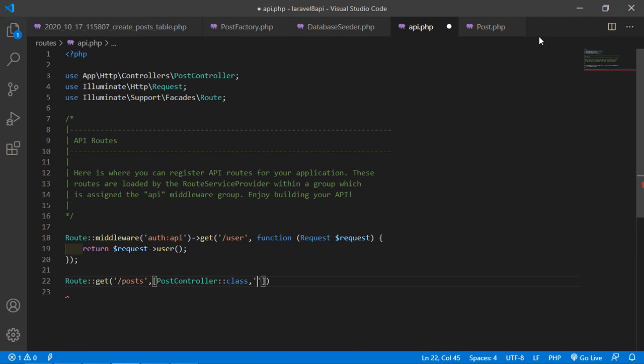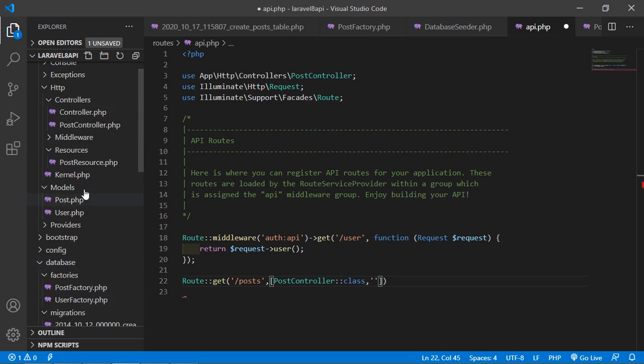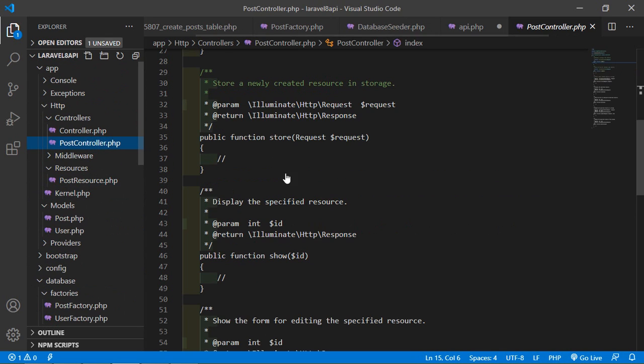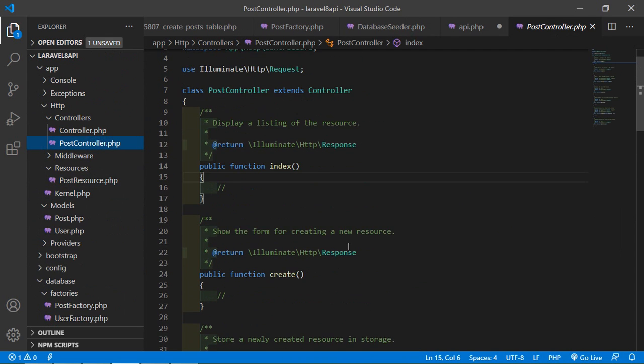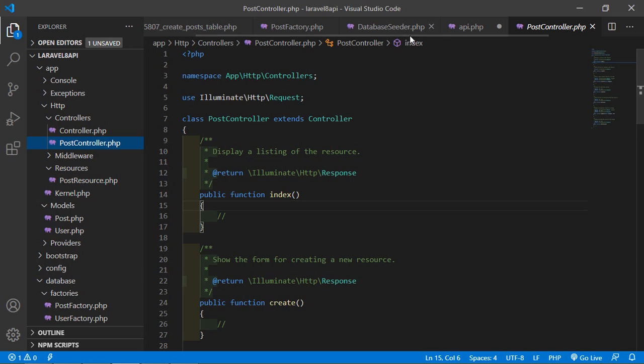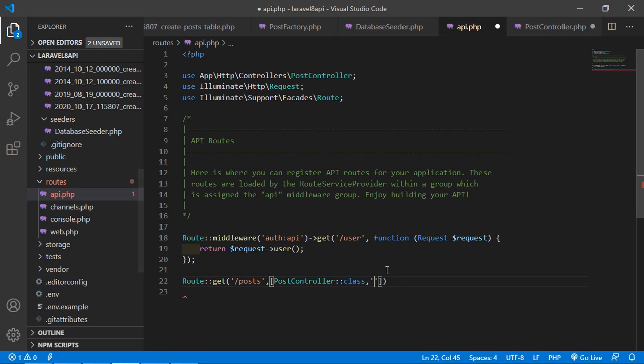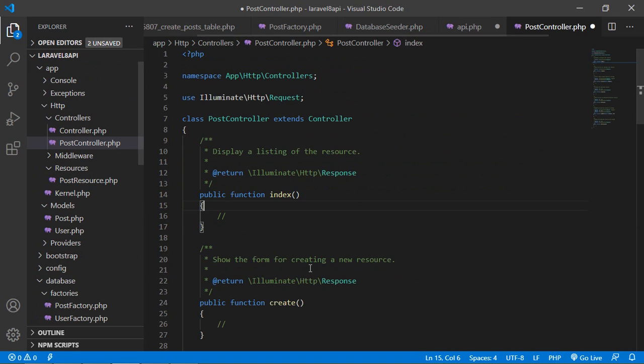So, PostController, I'm just going to create a route for this function, index. So just write here index inside the array. Alright, and now let's create the route for this one.